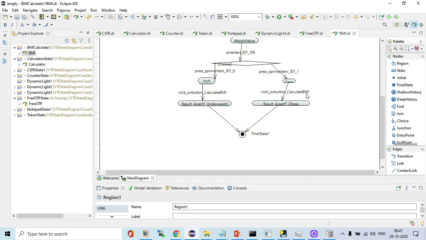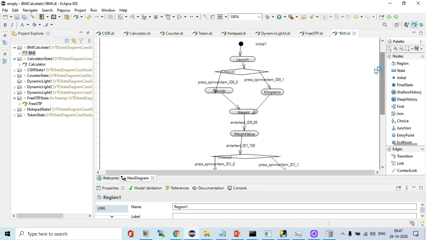It's a simple behavior diagram, a kind of flow chart. You can take it as a behavior diagram: how the app behaves for user inputs. That behavior you have to represent using the state diagram.